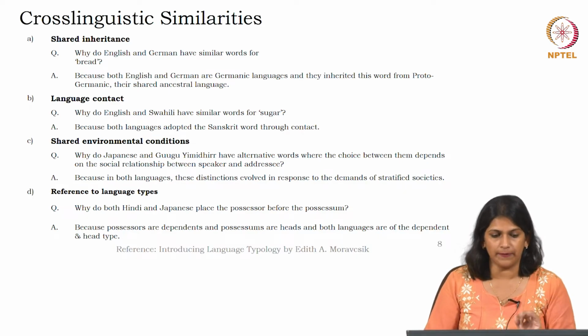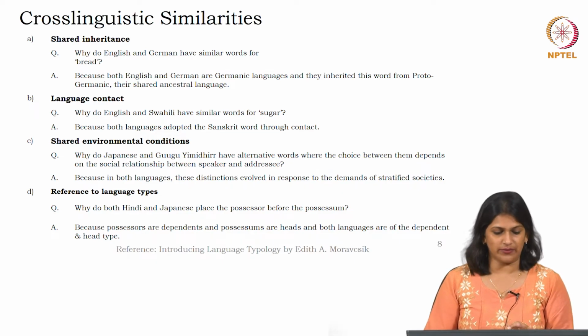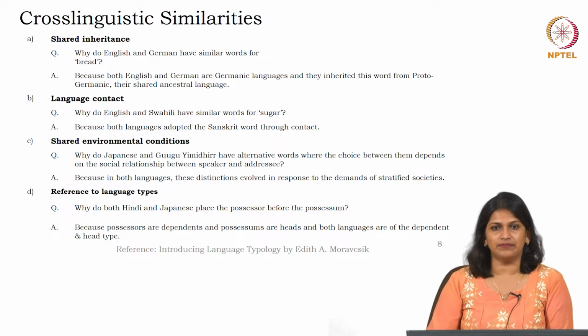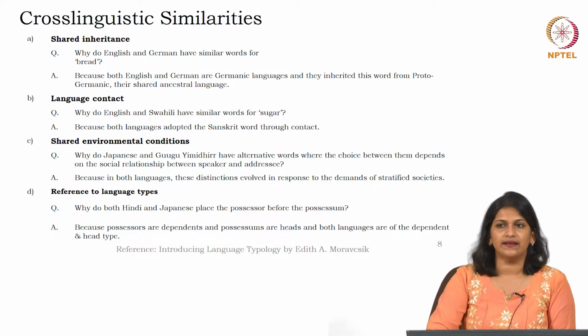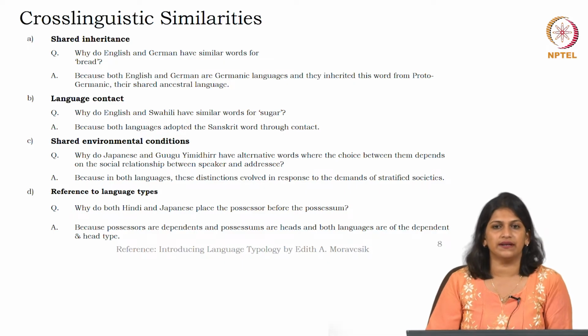So, this is the third point. And what is the fourth point? The fourth point is depending on the types of language. So, if I read it, it will be by reference to language types. And these language types would help us to understand, in spite of having no language contact, no shared genealogy, and let us say no similarity in the cultural components, how come languages have certain kind of similarity at the